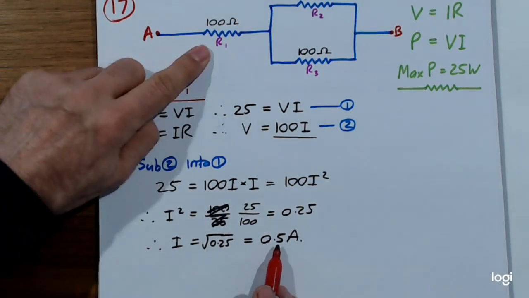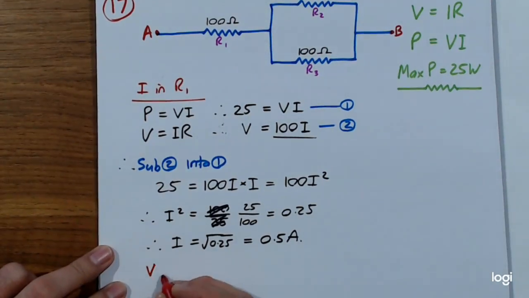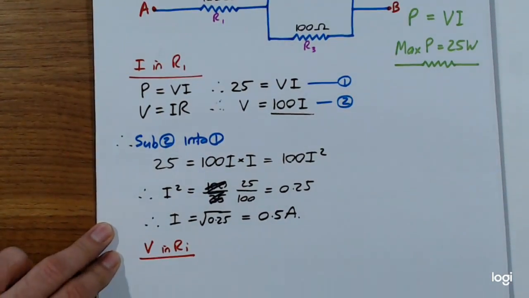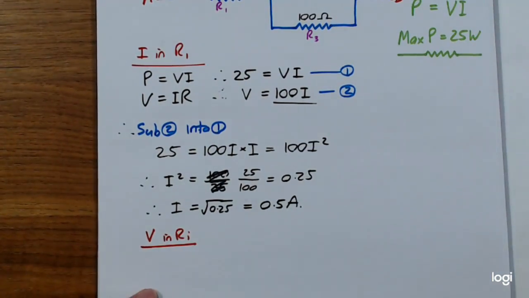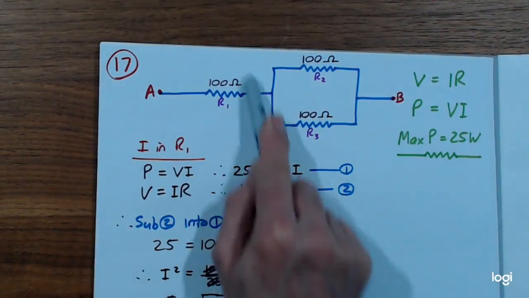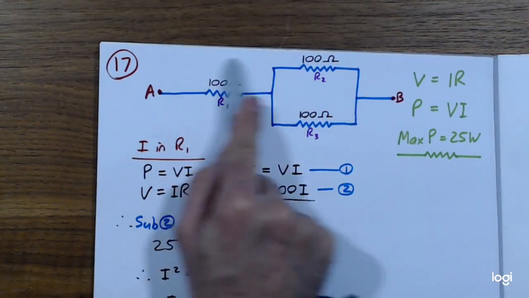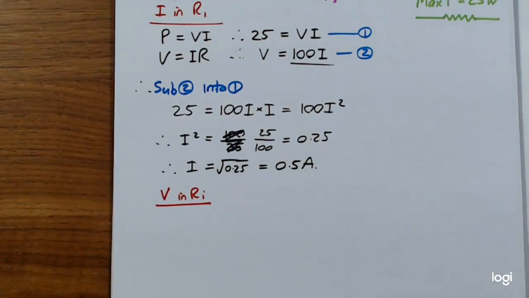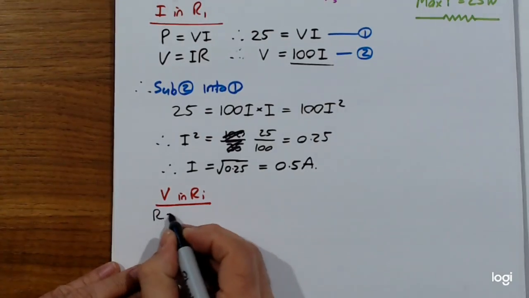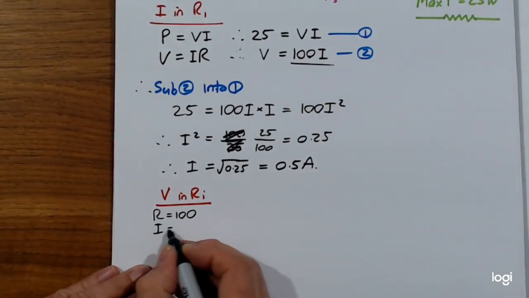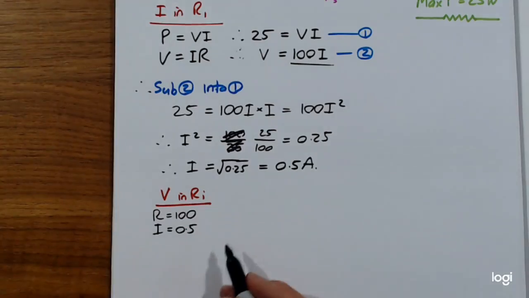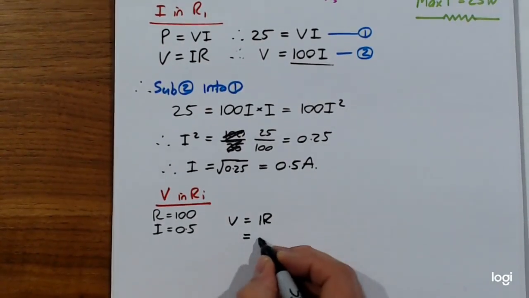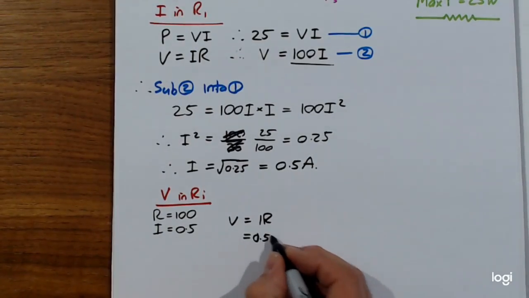Okay, next thing. We can now find the voltage going across this. So again, say what you're doing. Voltage in R1. This is a very big question. It's easy to get lost. Again, we're talking about R1, so we're not talking about the whole thing or anything over here. We're just talking about this. So the resistance in this is what we're going to use. R is 100. The I through there is 0.5. V equals IR, which is 0.5 times 100,